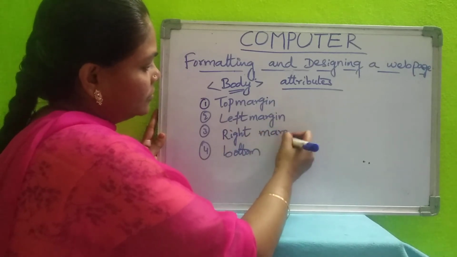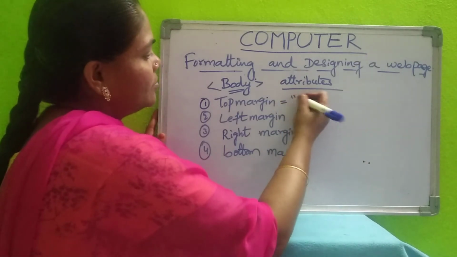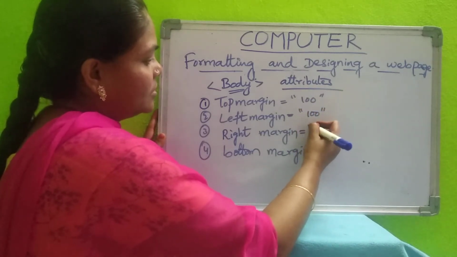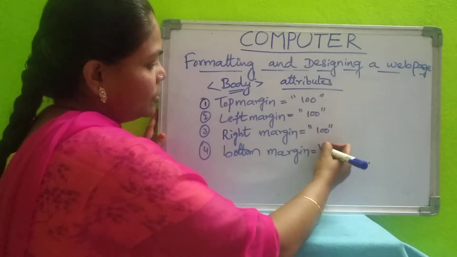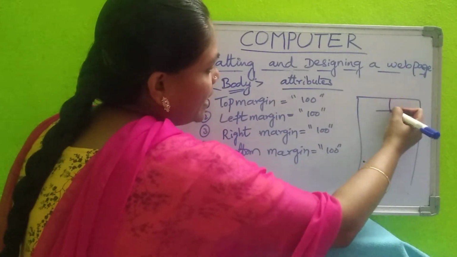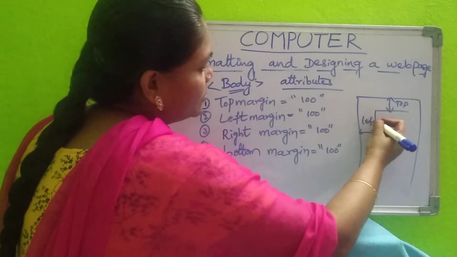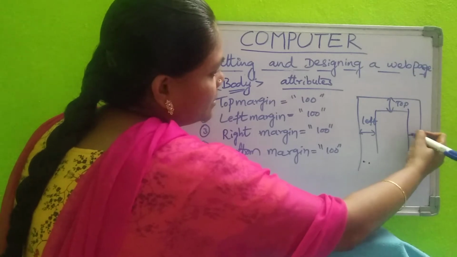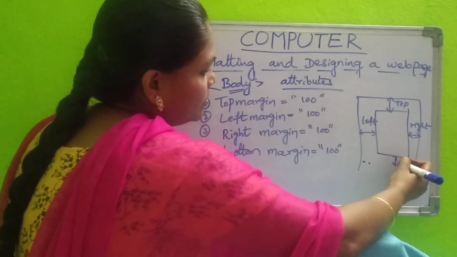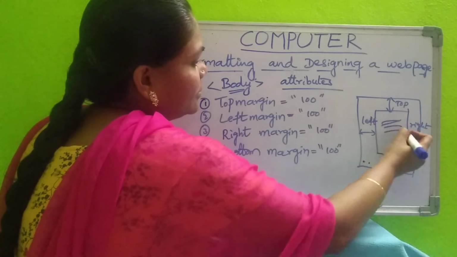Bottom margin. This we can mention by giving some number. You have to mention units, how much gap you want, by giving some number there. If you give the number, you will get the top margin, and here the left margin. However many units you mention, those many points of margin will be displayed, and this is the right margin, and for bottom margin we will get this. Okay. So in the middle you can display the text like this.